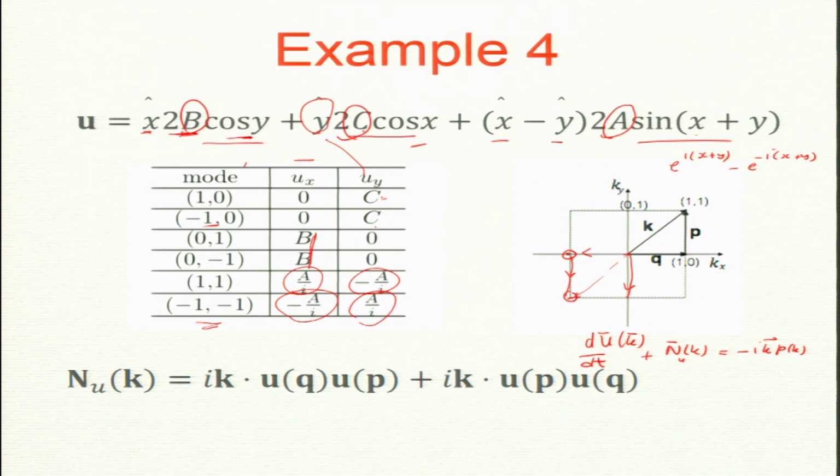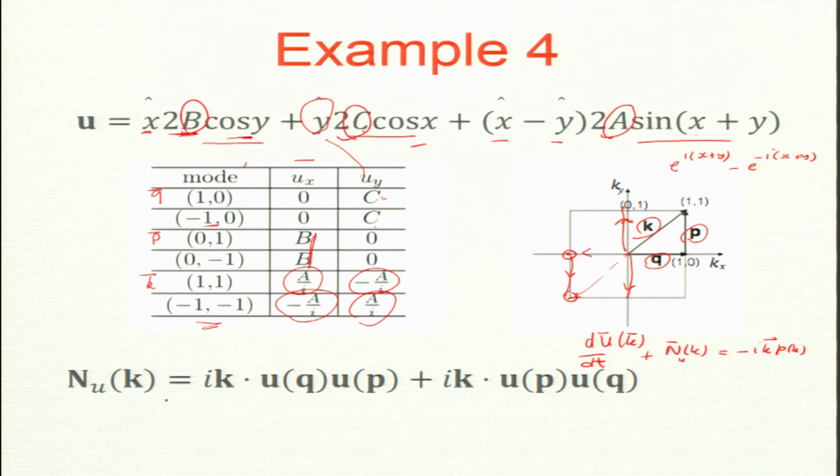So, let us compute. So, I am going to denote this as P and this as Q and this as K. So, P is 1 1, K is 1 1. So, this K is 0 1. So, by the way, this 0 1 is the same as here. So, 0 1 is P and this is Q. So, you denote like that.